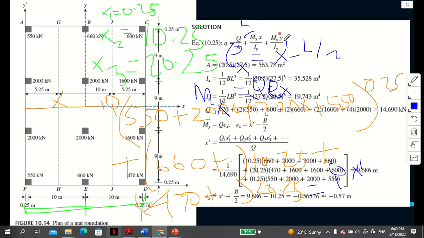So, and y now would be the length, this length. So if you're talking about the x direction, it would be mx times y, where y is the distance of the centroid to